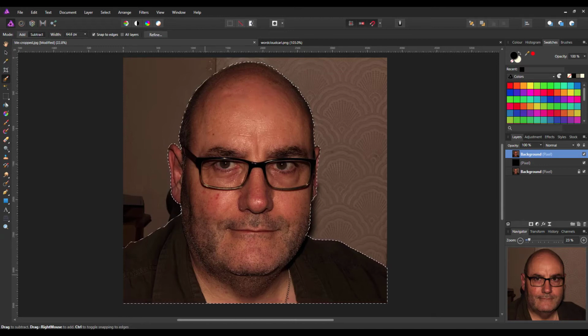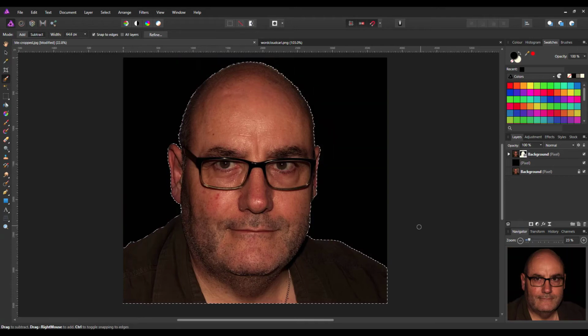So once you have your image selected, you just need to click on Add Layer Mask, and then I can press Ctrl and D to get rid of the selection area. So then that black background is now showing through, and you can see just the image that we want. Now, we don't really need the shoulders and neck area here, so